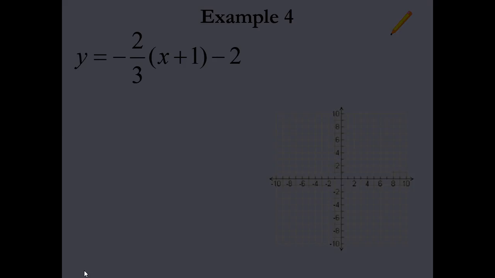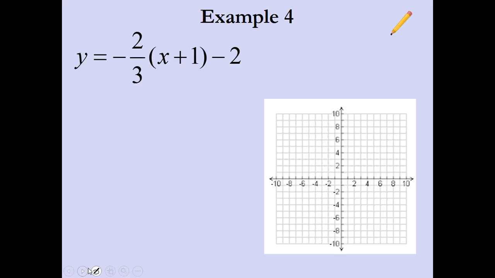Let's do one more. So example 4, I have -2/3 quantity x plus 1 and then -2. So this is again in that translated form. How do I know? I see the parenthesis joining those two together. I see the slope still in front. So none of that has changed. Now remember that this is my slope. Now let's get that point